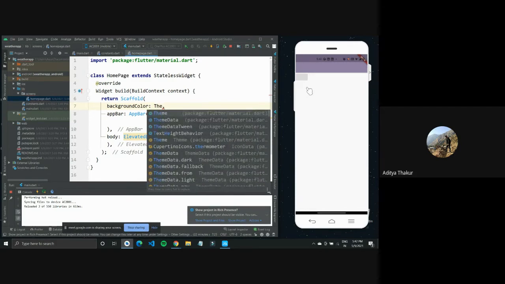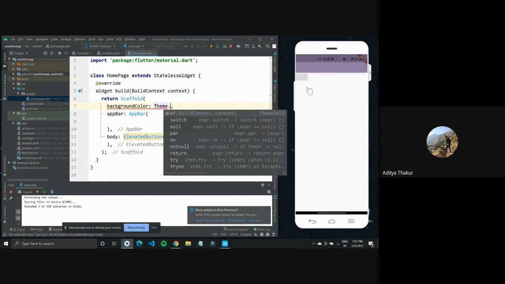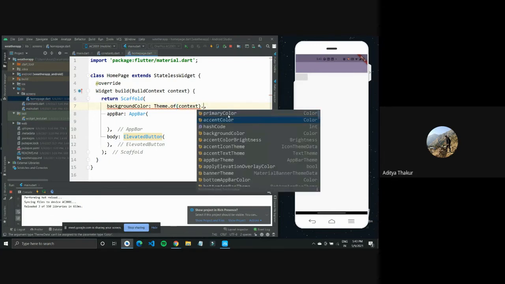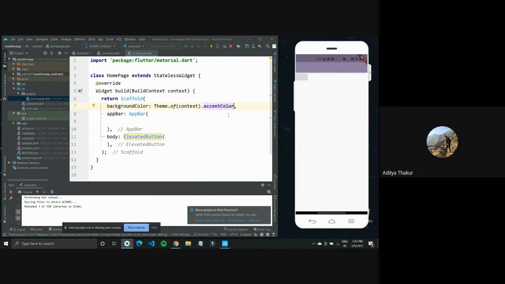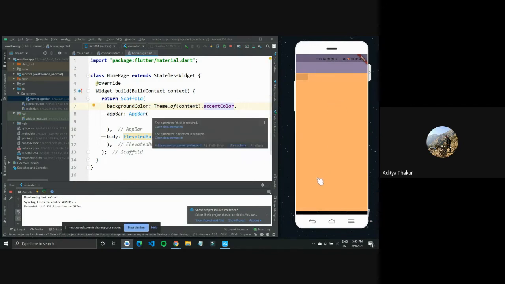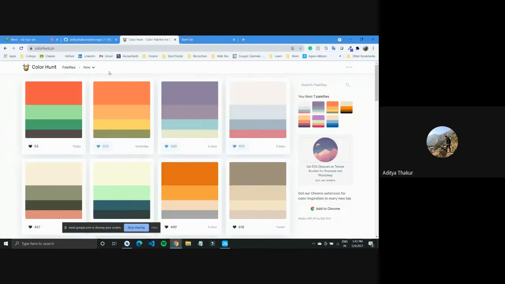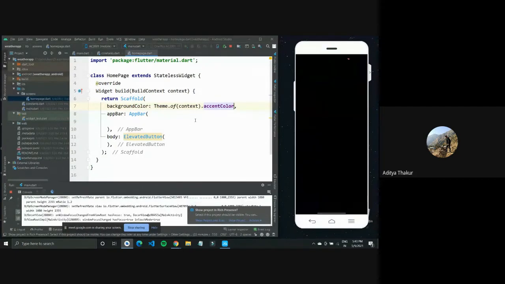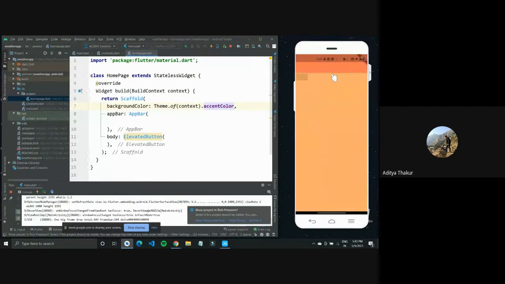So what happens is this should flow to all our widgets, as in every widget has access to it. So what I can do is type background color and set it to Theme.of. It takes in this build context, so I'll just let it be, and then dot, and I'll get two options, primary color or accent color. So I can type in accent color. And now if I hot restart, you'll notice that our background just got the same color that we had here, this one. And the upper one hasn't changed. So I think I'll have to hot restart it. Okay, now it has changed.